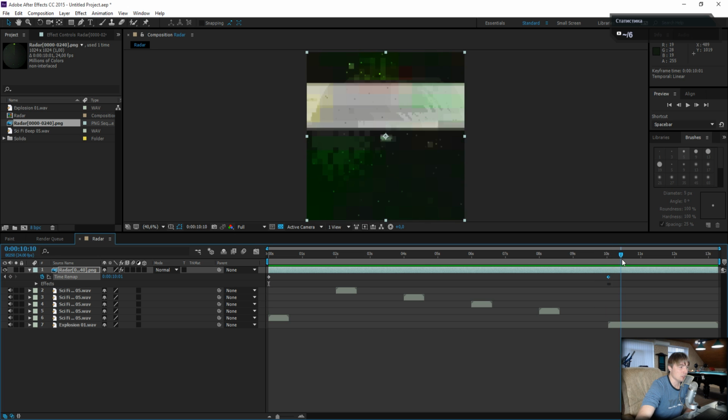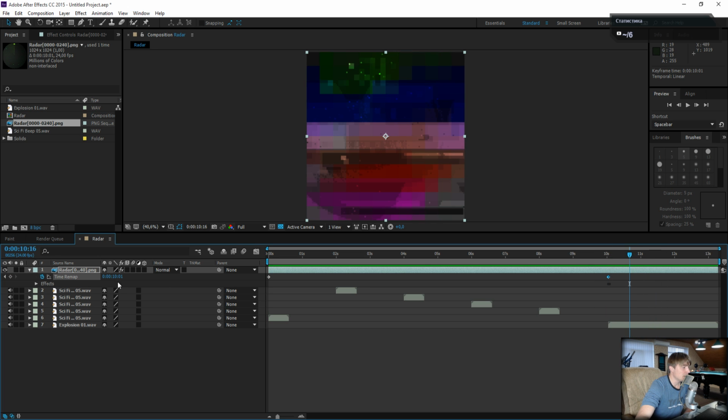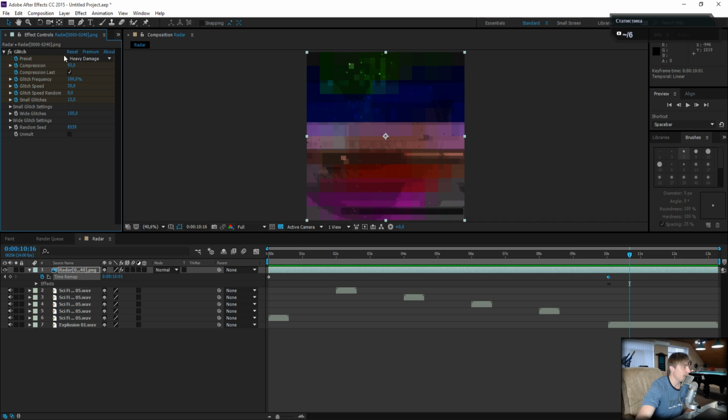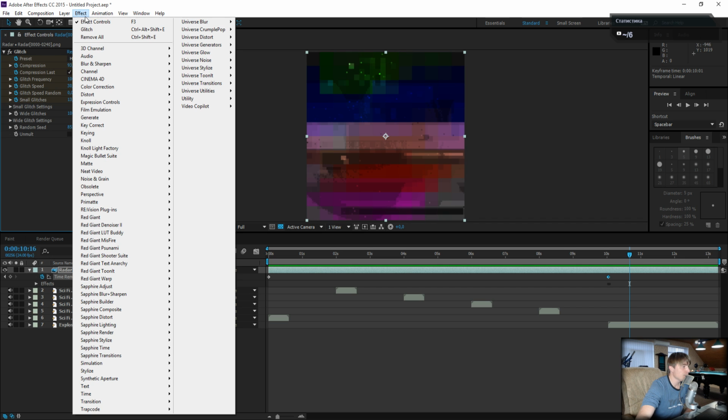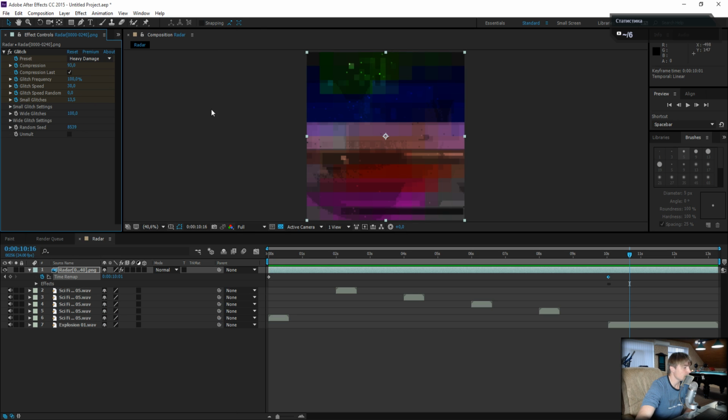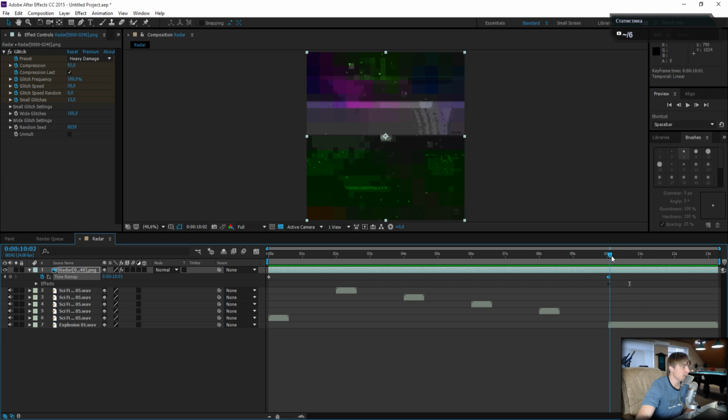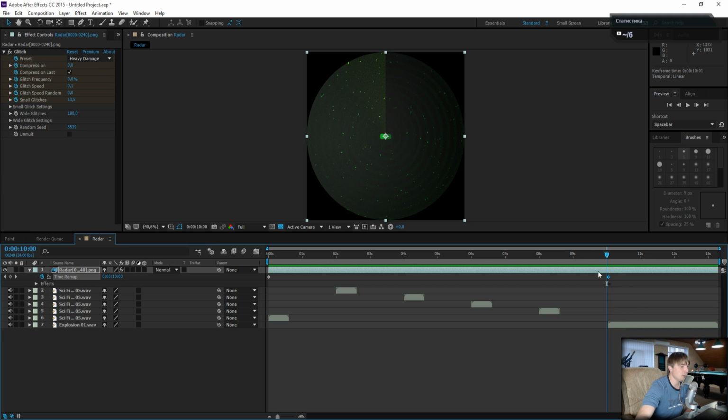After that my screen just stops. I add to my screen a glitch effect in universe style. Yes, universe style glitch. Okay, I use heavy damage. Look at this. Yes, here everything is at 0, and then I have